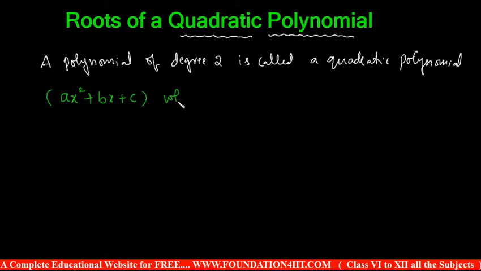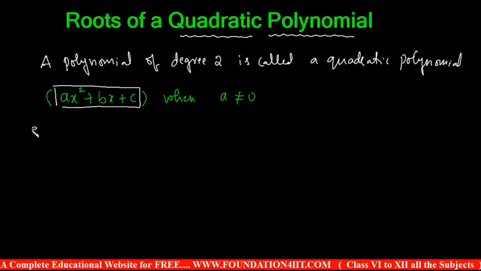In this, a is not equal to 0, because if a is 0, then there is no x square term, and you only get a linear equation. So these are quadratic, highest power 2, degree is 2 compulsory, so a is not equal to 0 and x is any variable. This is the general form. In this general form only we will apply these values. Based on this, now let us see the roots of the quadratic polynomial.